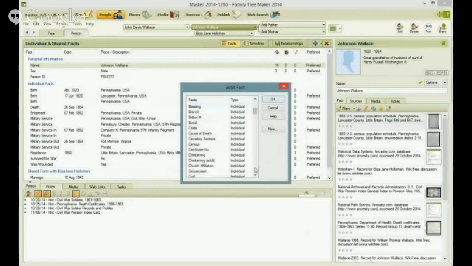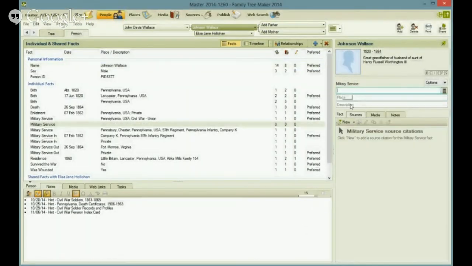I'm going to add a military record as soon as it catches up to me. A military service fact. Oh, come on, I've got too many things going here. Military service. I get why you're doing military service, even though he wasn't alive when his wife was getting the pension. It indicates what his unit was. Right, and I have it above, but I want to put it in again because this record is telling me that he was in